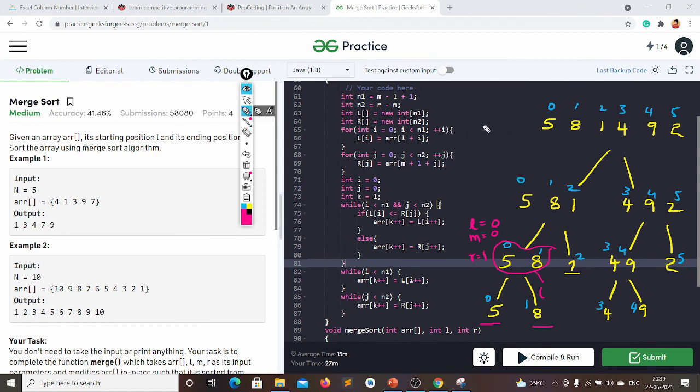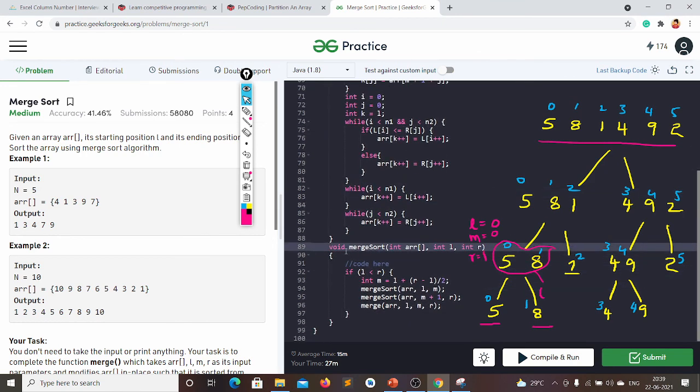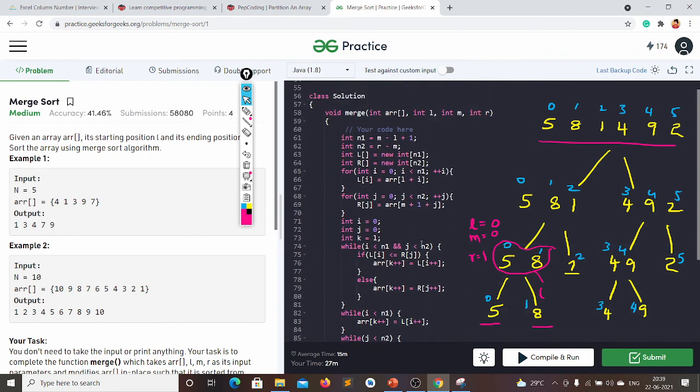So I request all the people, take some example array and run that. Okay, I already explained the merge sort function up to this part, but the only thing you need to learn is this merge function. So if you understand this part very well, then it will be very easy. Okay, so try tracing the code. That's it about this video.